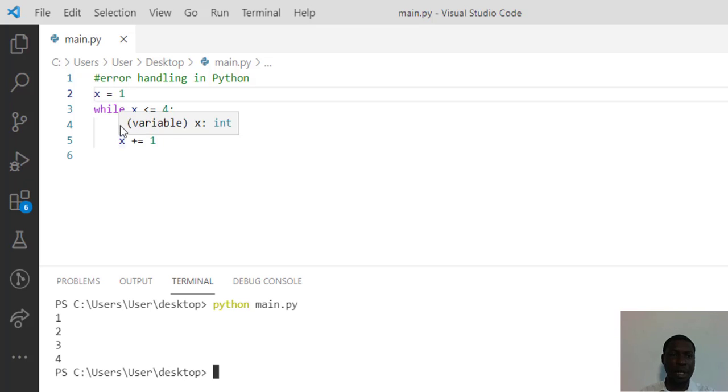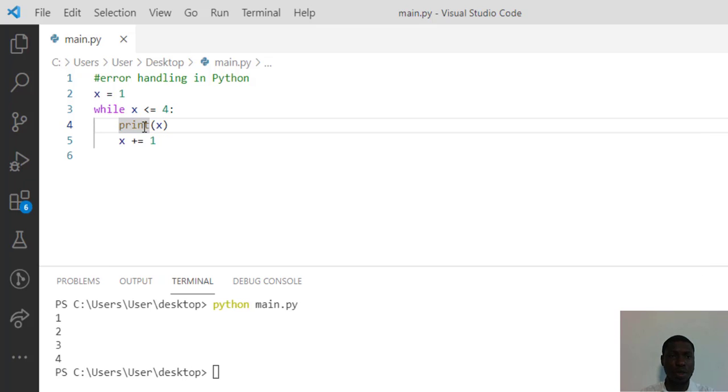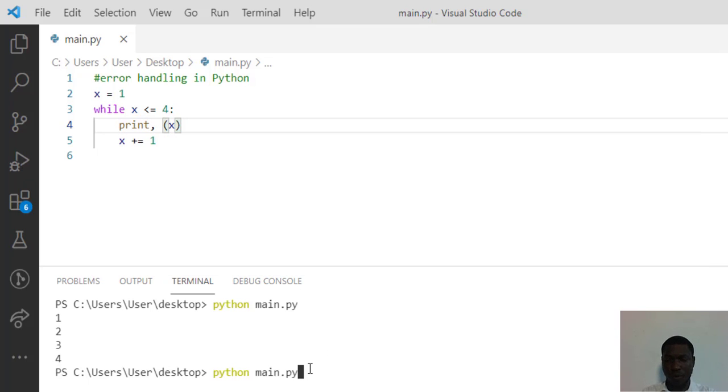Now if I make a mistake, or let's probably force this code to output an error, so I'm just going to say print, and I'll put a comma here. So let's say this is a mistake. I'm not supposed to put a comma in front of print, but I put a comma, and let's see what happens. So if I run this code, okay,